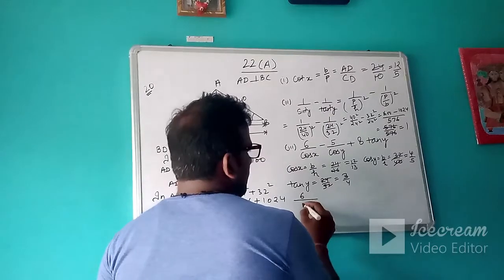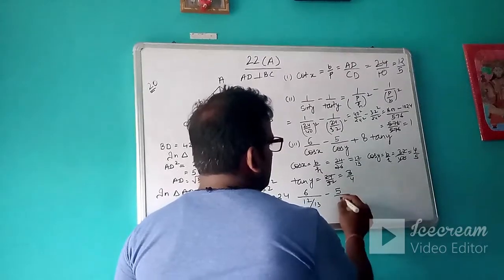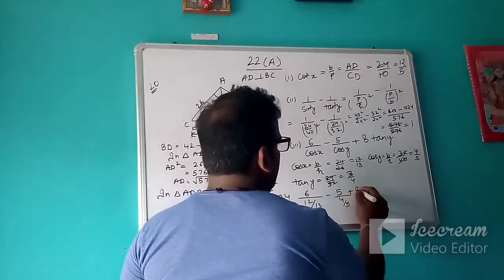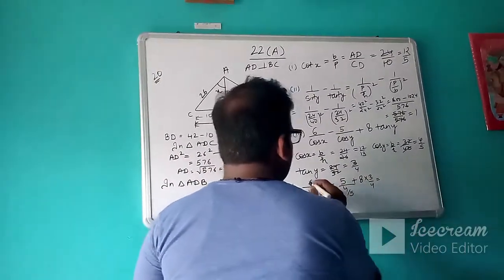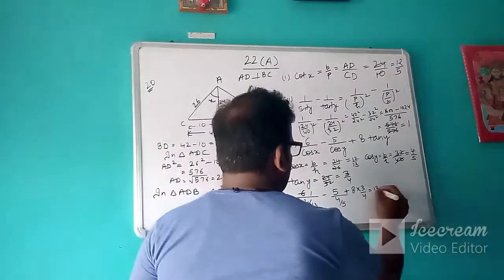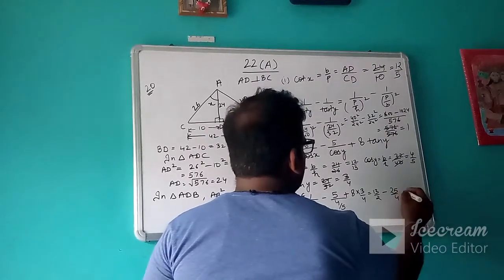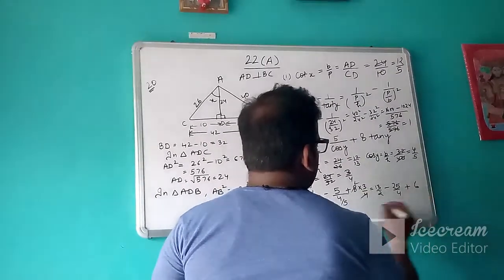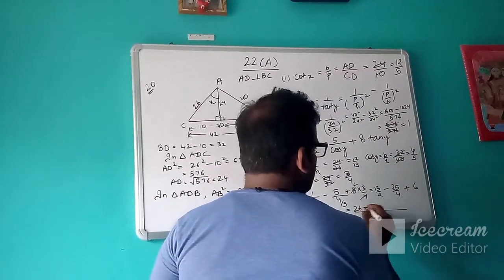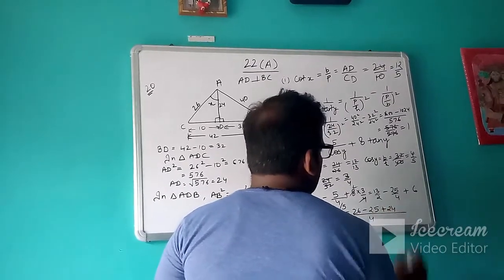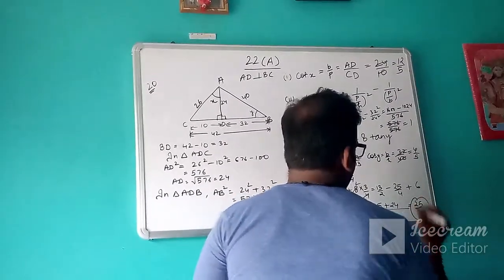6 upon 12 upon 13 minus 5 upon 4 upon 5 plus 8 into 3 upon 4. So it will give you 6 into 13 upon 2, then it becomes minus 25 upon 4 plus 4 into 6. So we will take the LCM. LCM will be 4. So it is 26 minus 25 plus 24, that is 25 upon 4. So this will be your answer.